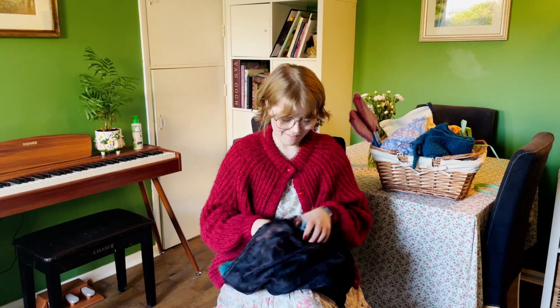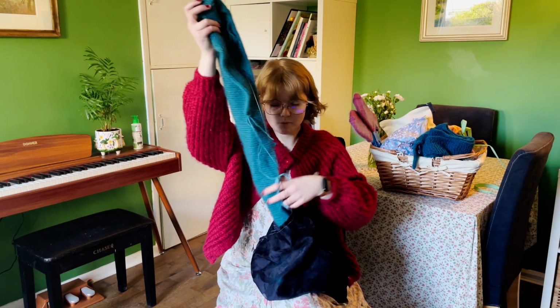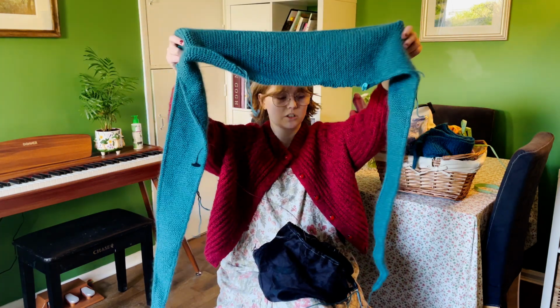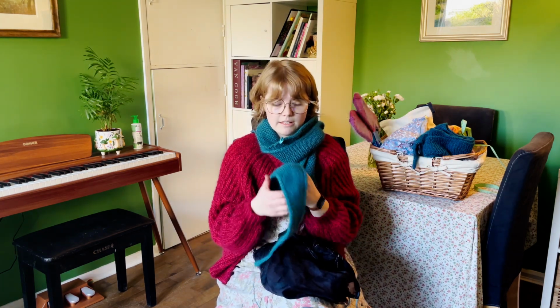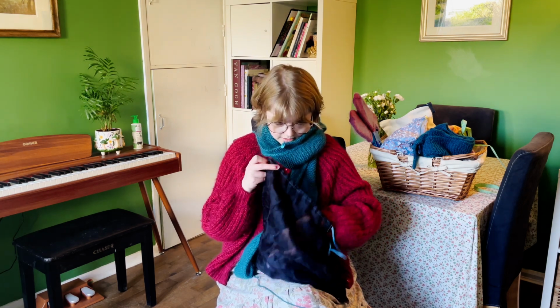which didn't work particularly well because obviously I chose a completely different gauge and stitch, so why would it work? So after several attempts, I got through the scarf. I have what I theoretically wanted to do down. I really like the length, and I think it's going to be really nice to wear. I really like the yarn I used, which is